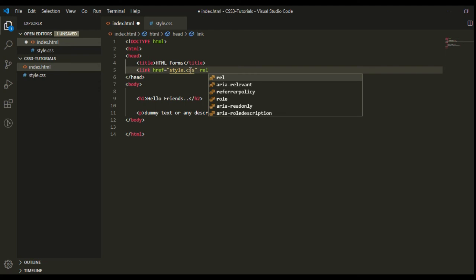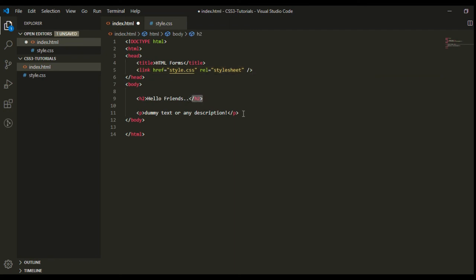Rel represents the relationship with the referenced document, meaning it defines that the referenced document is a style sheet. Link is a self-closing tag. It doesn't have any closing tag like h2 and the paragraph tag. So we close the self-closing tag like this.